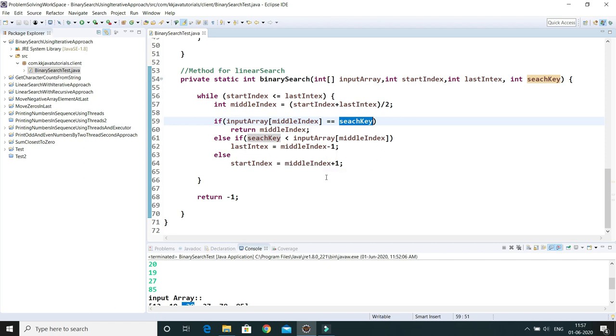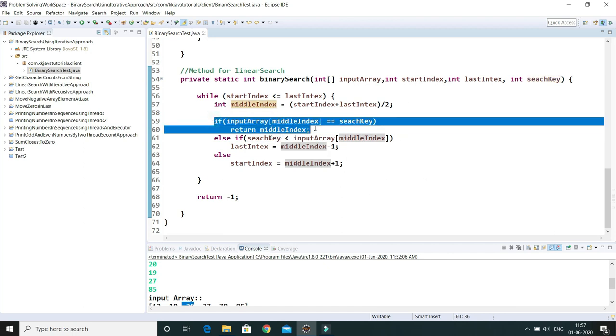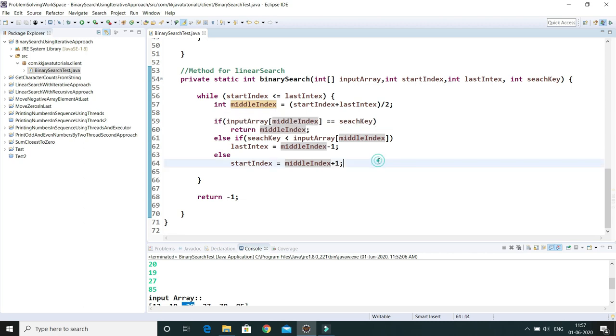But if we do not get it in the middle, how do we calculate it? The algorithm always divides the array into half, and this process happens till we get the element. After dividing once again, this condition will become true if the element is present in the array. So the worst-case time complexity of binary search would be O of log n. You have to keep that in mind.